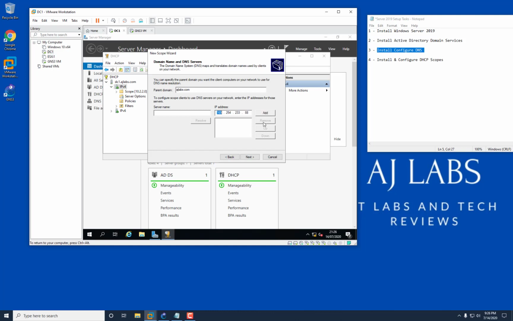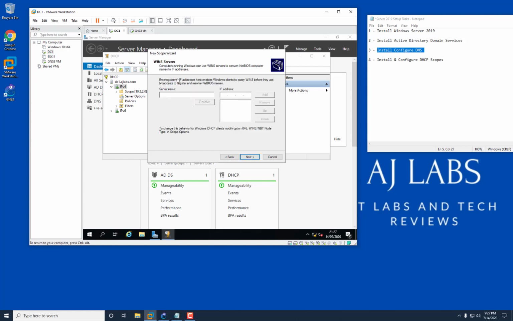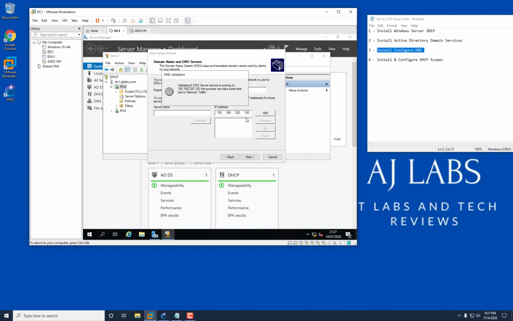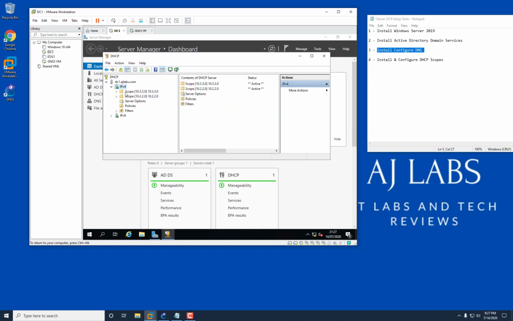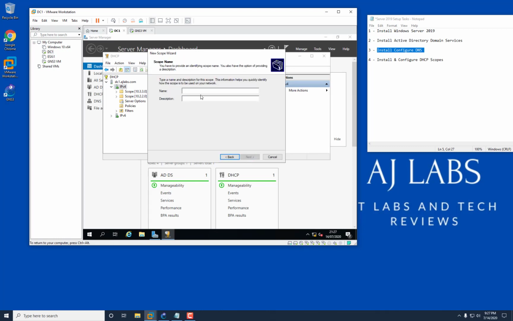DNS is, let's remove that. Do the DNS 192.168.220.130. Oh, go back, add 192.168.220.2. Just add that. And we activate that now. Click on finish. And then finally the last subnet, which is the 10.4,